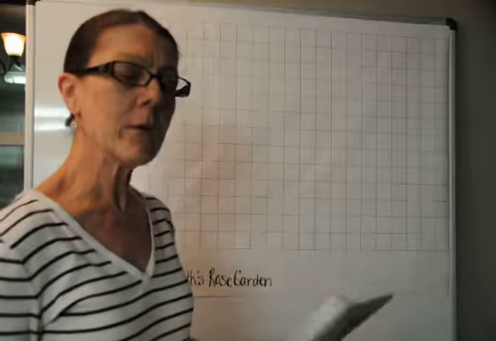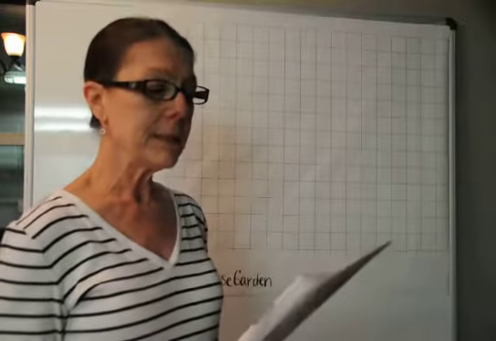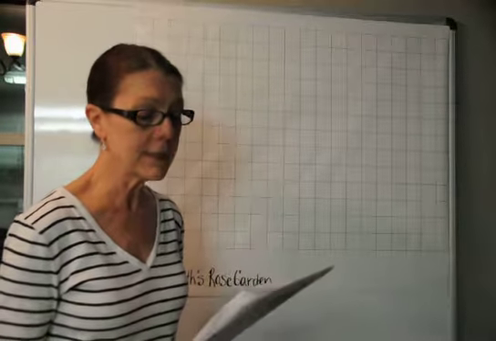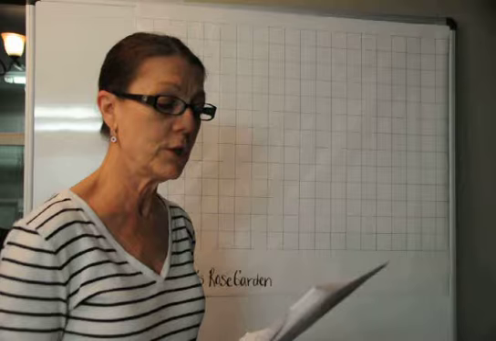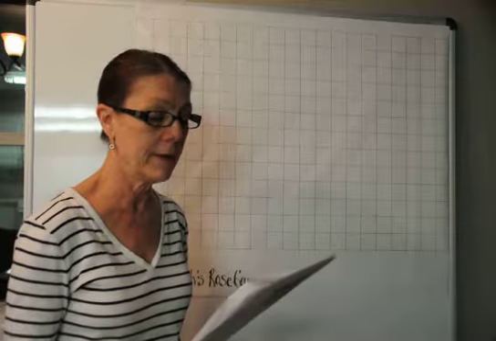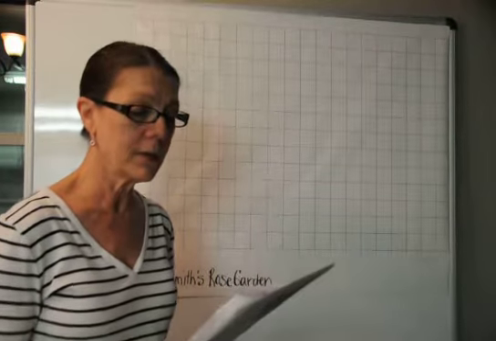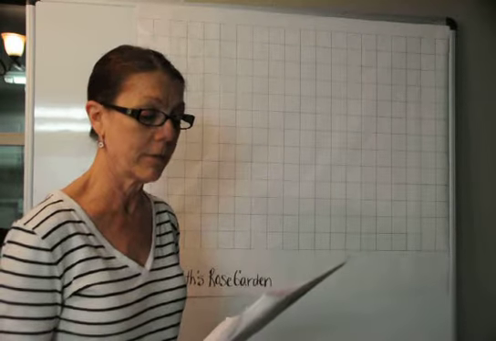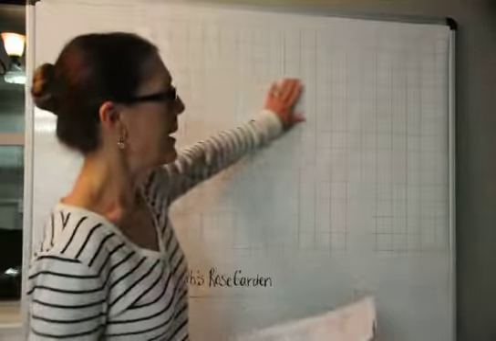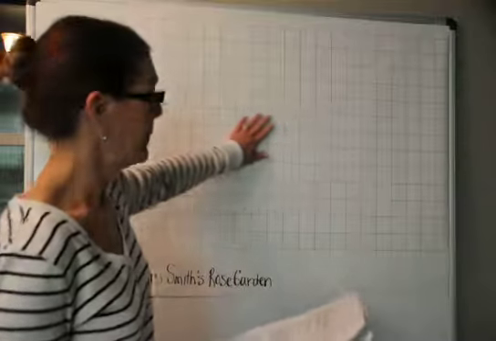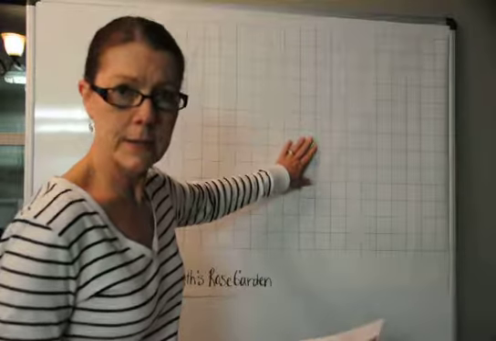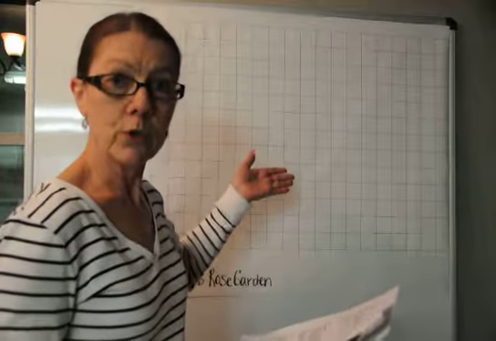So, let me read you the problem first. Mrs. Smith is planting a rose garden. The rose garden is 5 yards long and 2 2/3 yards wide. In square yards, what is the total area of Mrs. Smith's rose garden? So here I have graph paper, and this is what I'm going to illustrate the solution on